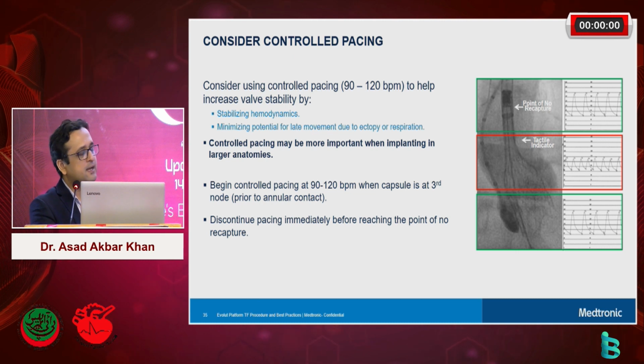Once you start pacing at this point, what you are seeing here is that the valve now has hugged both sides of the annulus. With the CoreValve, the leaflets are at this level, not here. So even if this part is fully open, this part of the valve has not started functioning yet. That means your aorta is totally occluded right now. So this second phase is done very quickly. You come to what is called the point of no return,